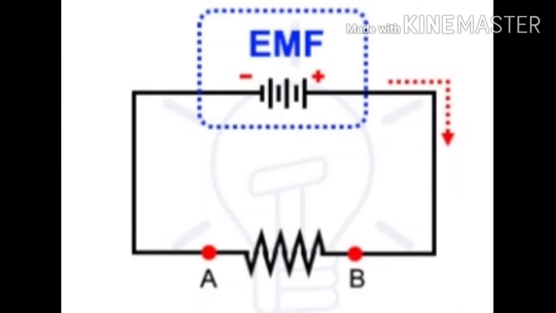Now let's see about EMF, the electromotive force. It is defined as a force that is required to push a current throughout the entire circuit. EMF is also defined as the potential difference between the two electrodes of the cell when there is no current flowing through the circuit. It is the maximum potential difference when no current is flowing. EMF can also be defined as a source that supplies current through the entire circuit. The elements that act as an EMF are battery cells and generators. These are the elements that supply the current to the entire circuit.